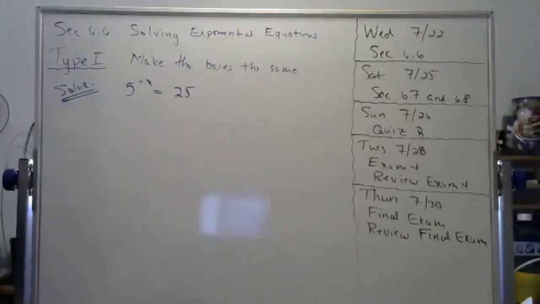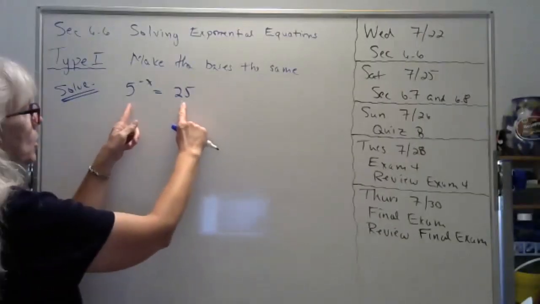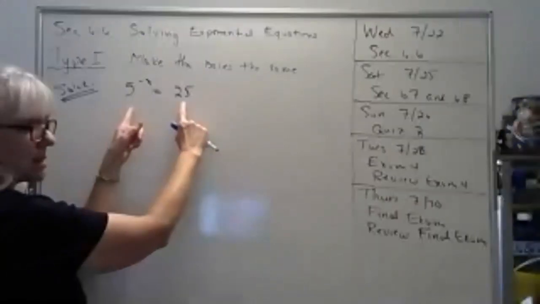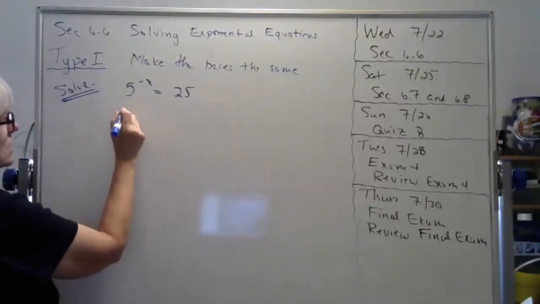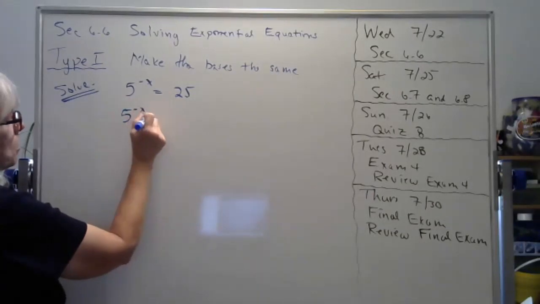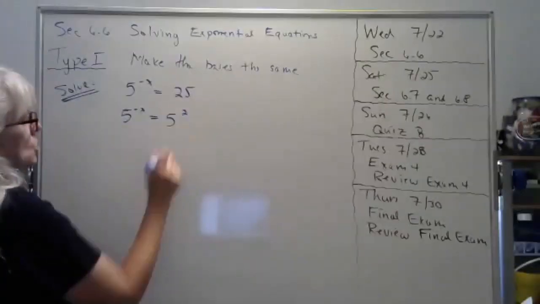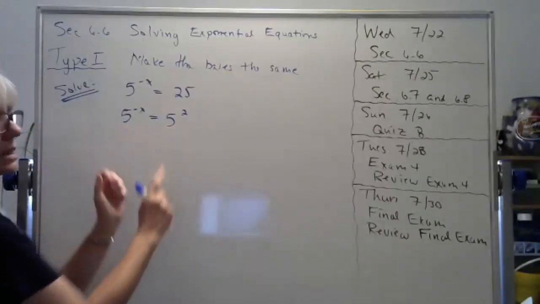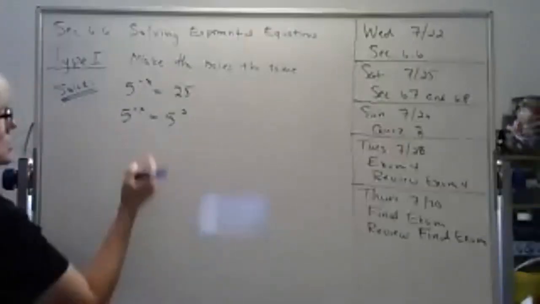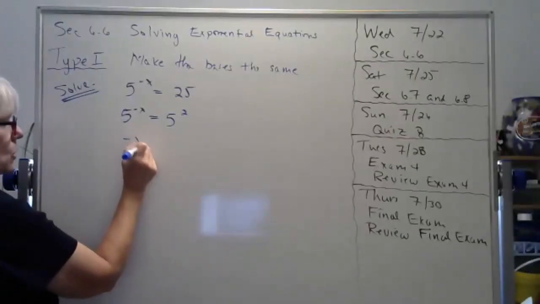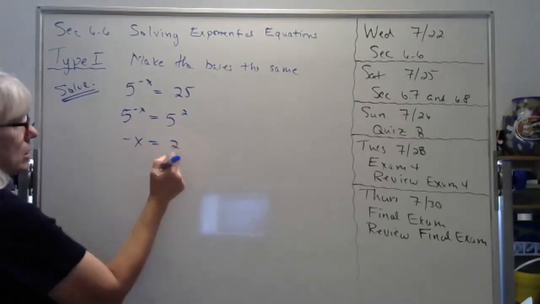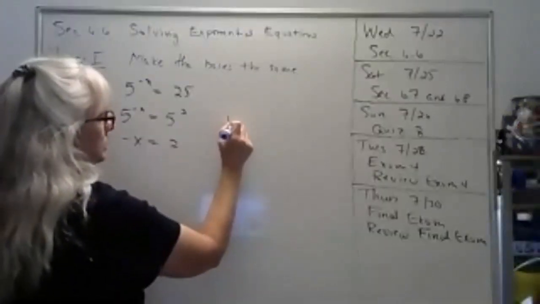So for this exponential equation, we know that we can rewrite both numbers as the same base. So the 5 to the negative x is already a base of 5. But the 25 is really 5 squared. So I can make the 2 bases into the same number. So once we did that, if you remember from last week, what we did is set the exponents equal. So once the bases are the same,